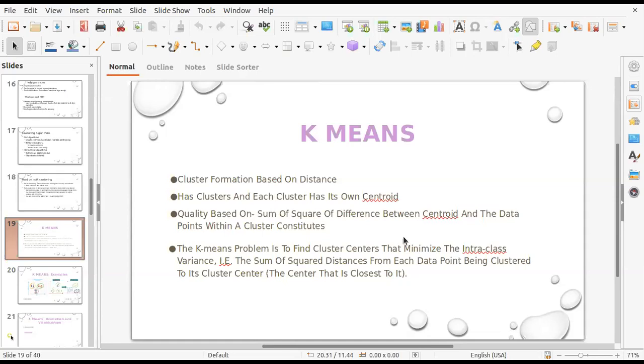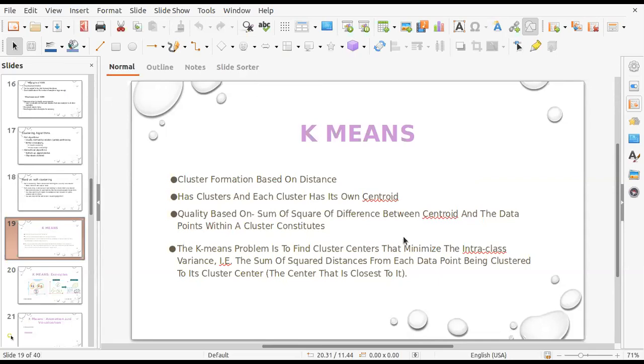The K-means problem is to find the cluster center that minimizes the intra-class variance. Okay, intra-class variance, that is the sum of square distances of each data point being clustered to its cluster center. Okay, so it is a sum of square of distances.